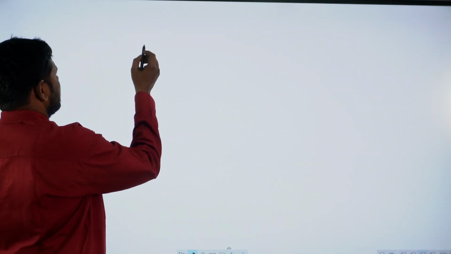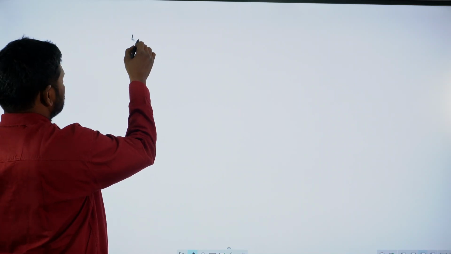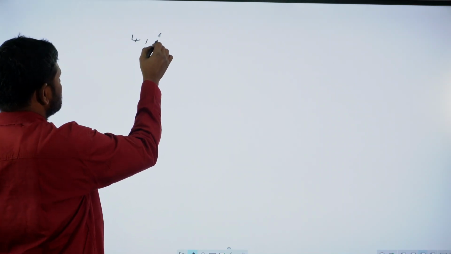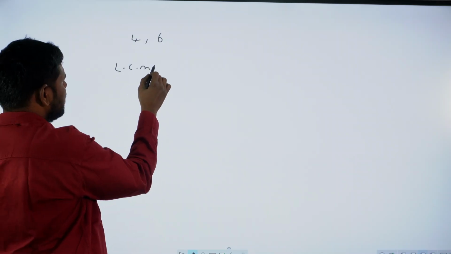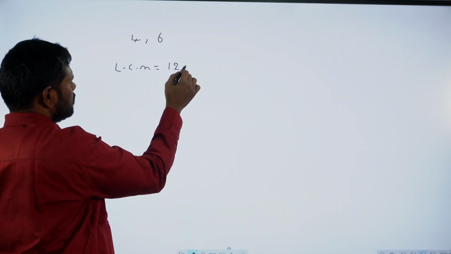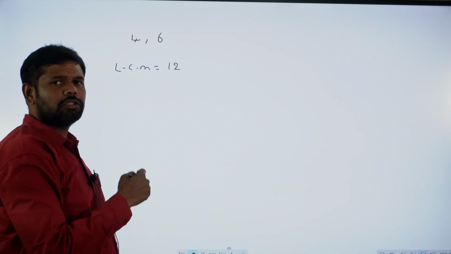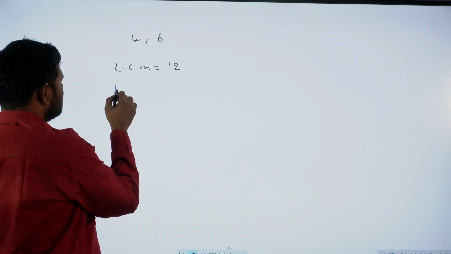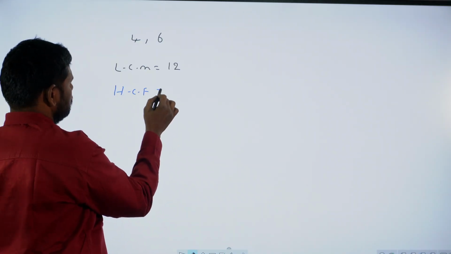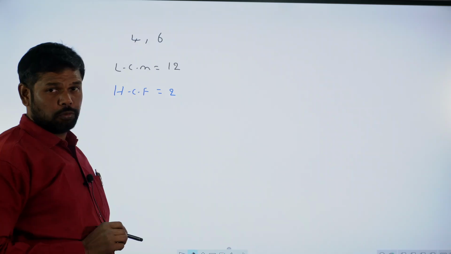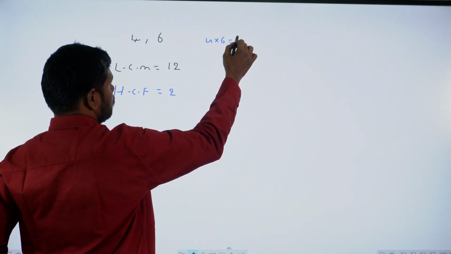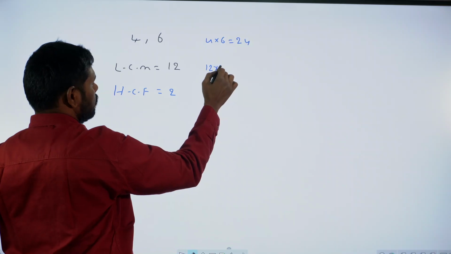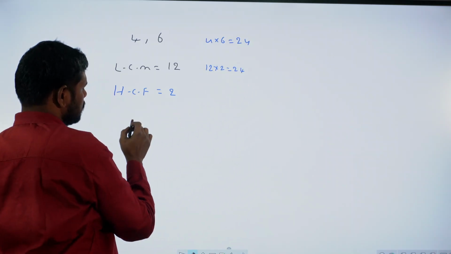Suppose I take 4 and 6 as the numbers, what is the LCM? Very simple. The LCM of 4 and 6 is 12. That is 2 into 2 into 3. What is the HCF here? Both numbers are divisible by 2. Just observe. 4 into 6 equals 24. Here 12 into 2 equals 24. So